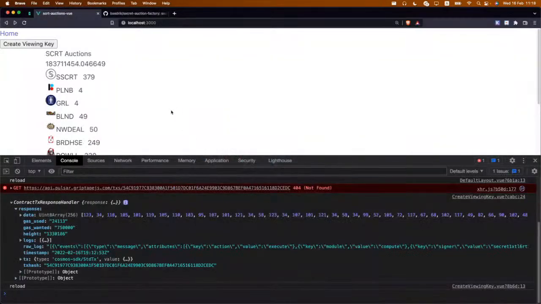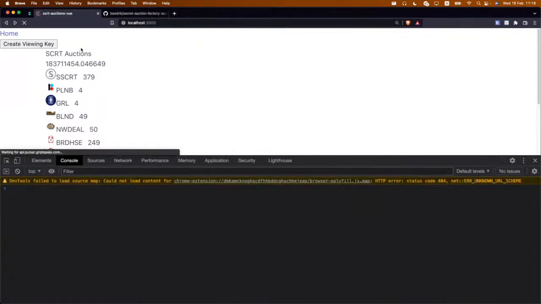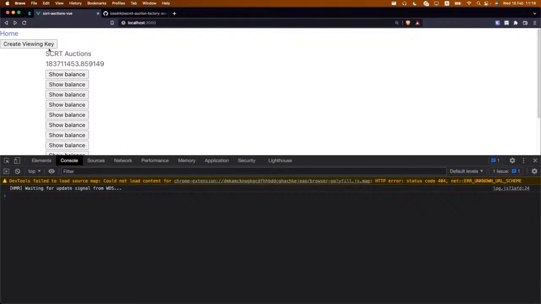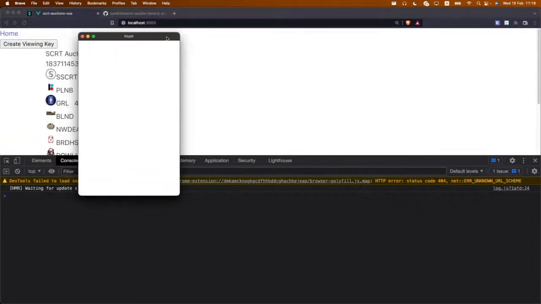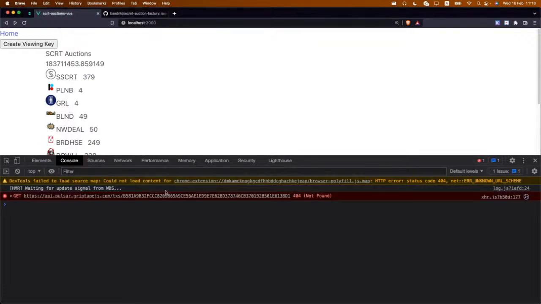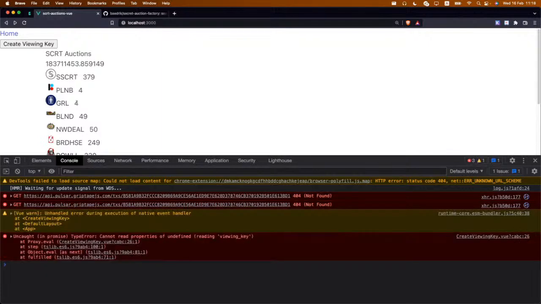So if I go back to our application and refresh, I'm going to click create viewing key, going to create that viewing key. Again, we might want to put some sort of better user interface there. And when this transaction completes,